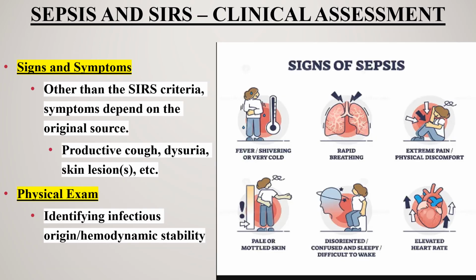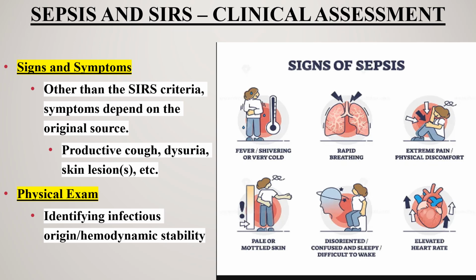As far as clinical assessment goes, the signs and symptoms and physical exam findings of sepsis are highly dependent on the original source of infection. You can expect to see positive SIRS criteria in any septic patient, whether it's tachycardia or a fever. The other signs and symptoms are largely dependent on the actual original source